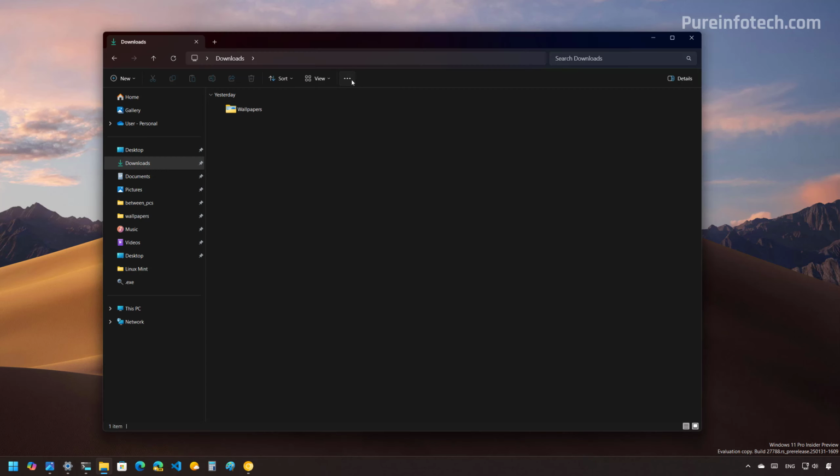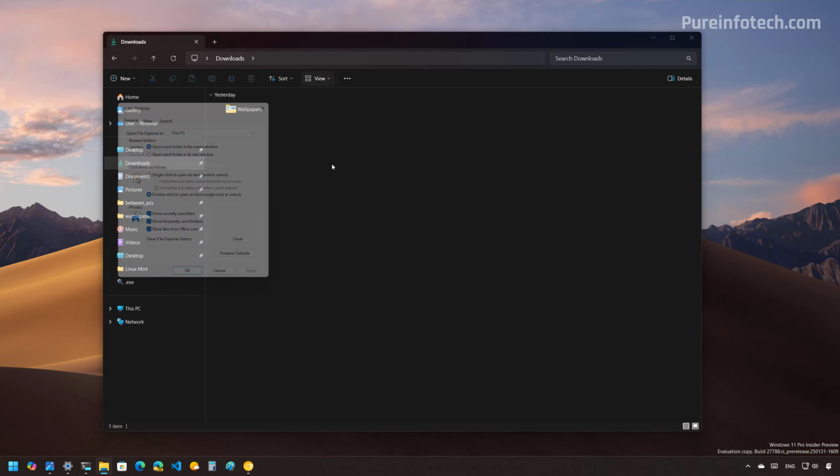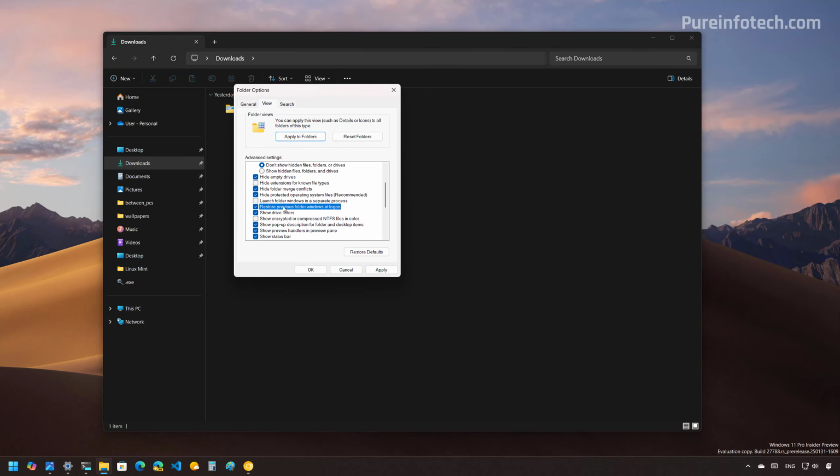Now, if we open the folder options on File Explorer, and then we go to the View tab, one thing that Microsoft did was to update the Restore Previous Folder Windows at Logon option. So this feature is not new. If you turn this on, every time that you restart the computer, the system is going to restore the previous windows that you had open with File Explorer. However, the logic has been updated, so it will now also restore your open tabs. And even further,